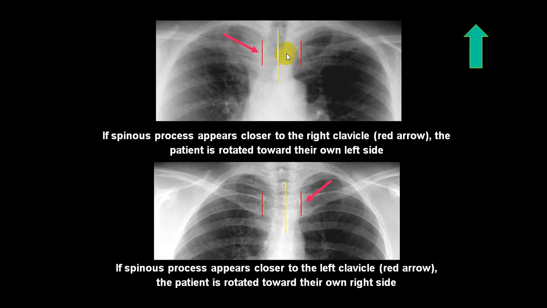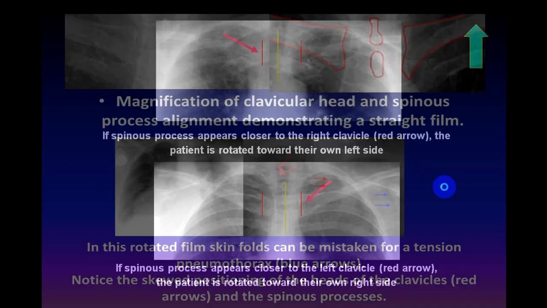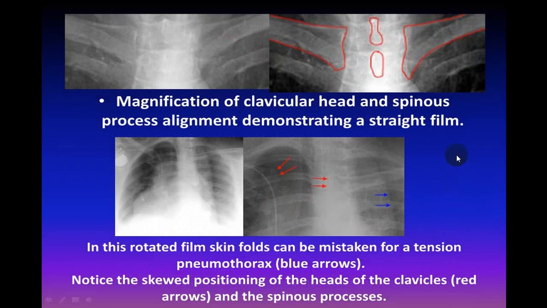So some structure will be seen smaller, some structure will appear big. Here you can see the opposite of that. This distance is less, this distance is more. So right side distance is more, here left side distance is more. So the person is slightly rotated towards the right side, here the person is slightly rotated towards the left side. So this will make certain changes in size of heart, as well as some shadow will appear abnormal. So do take this point into account. See here, this distance is a little less as compared to this distance. So there is a slight rotation.